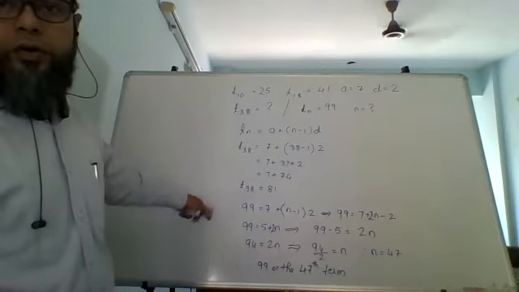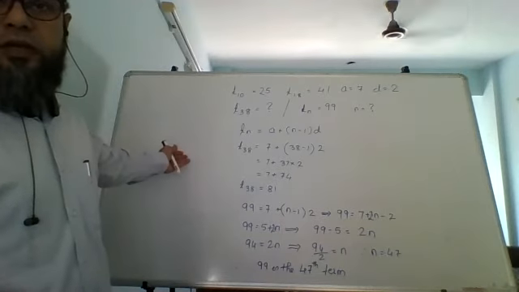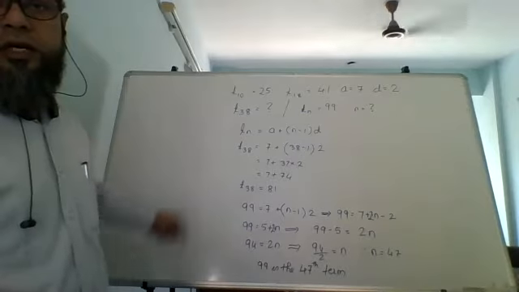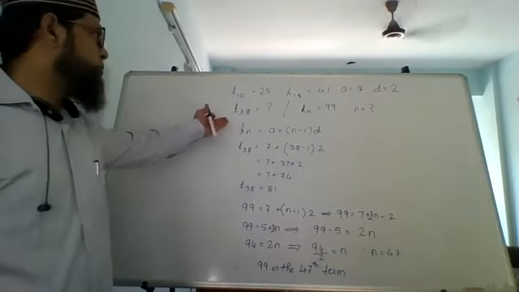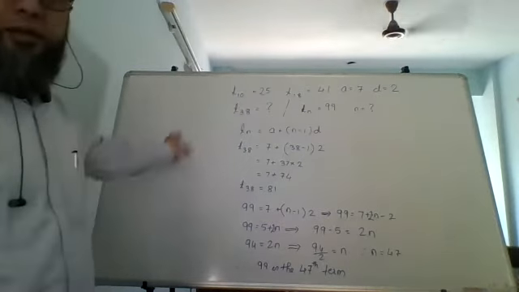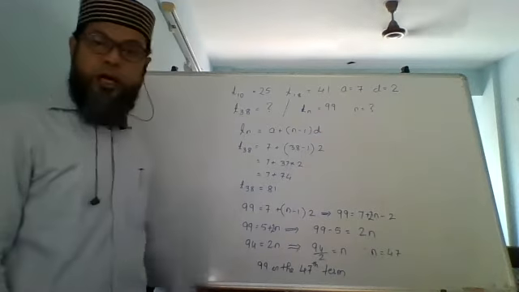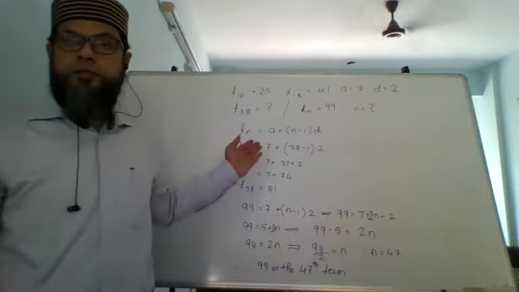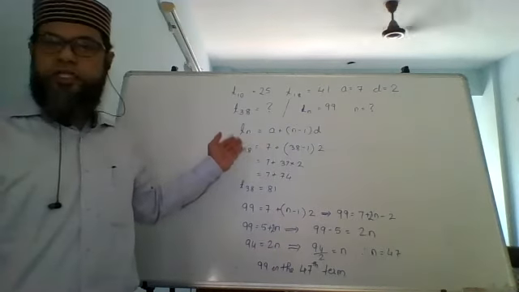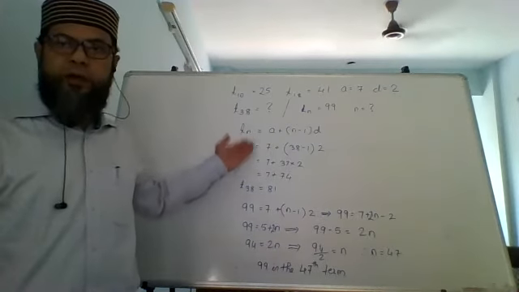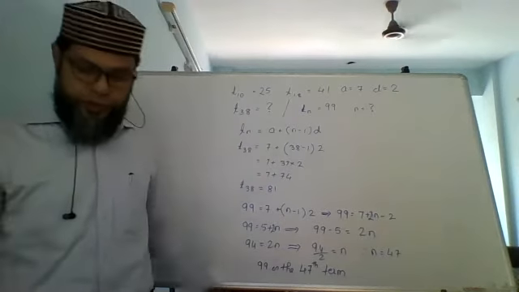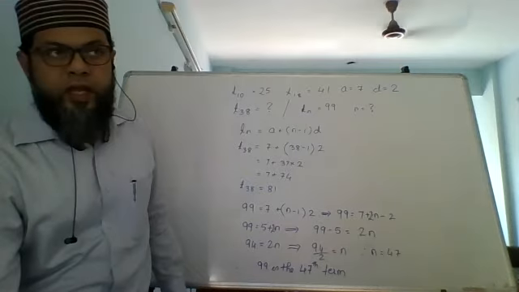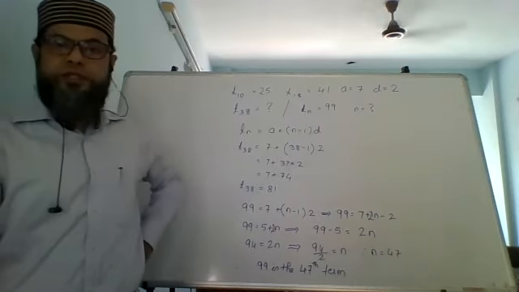This is how you're going to see the same formula, different things were asked, but we are using the same formula. The formula has not changed. Sometimes we had to find A, sometimes D, sometimes N. The formula has remained the same. Formula has not changed throughout the sum or different sums. We have used the same formula depending on what is given and what is to be found out. So till here, are we clear? Any doubts, any queries, any questions in this?